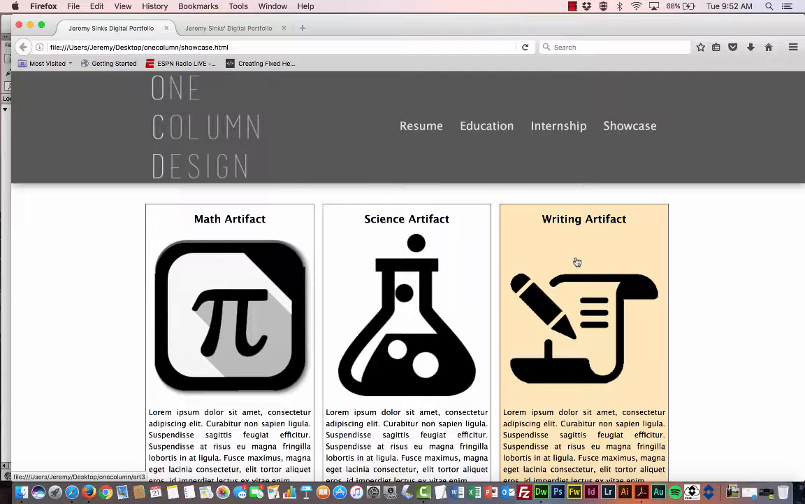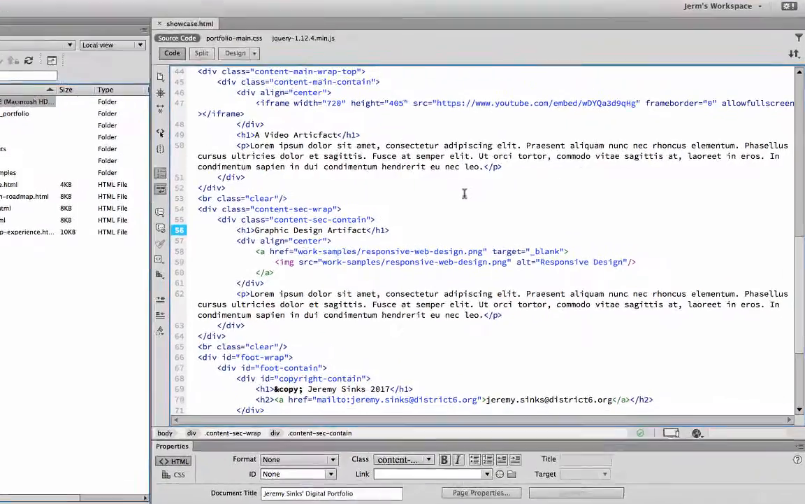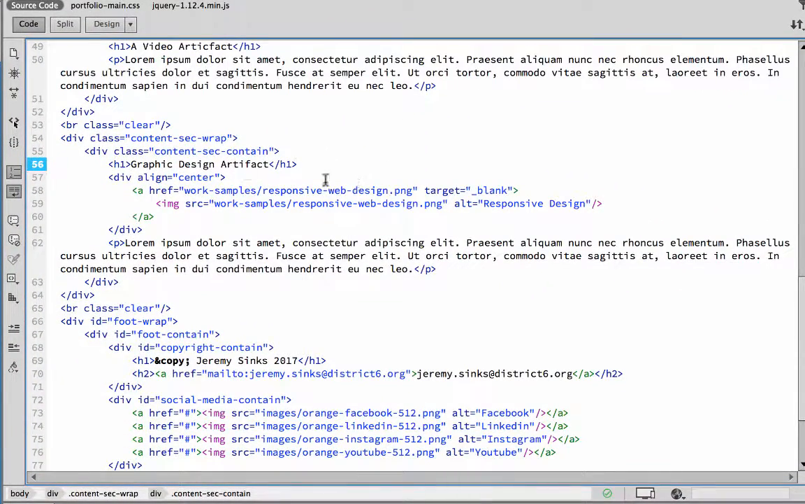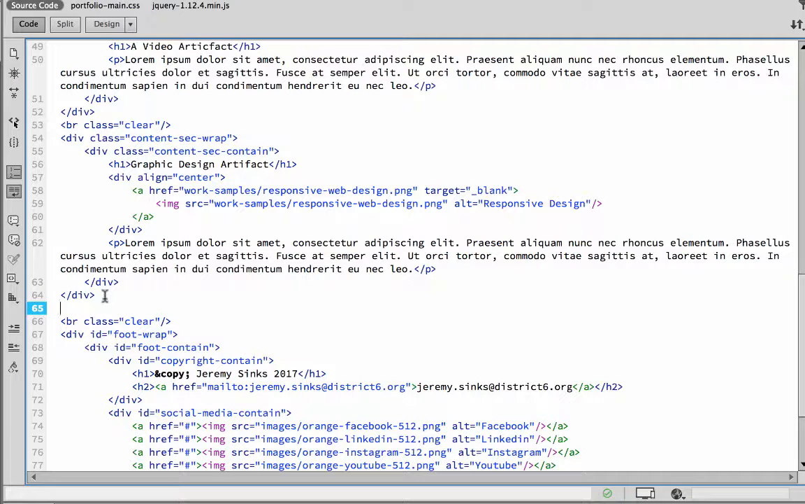So let's get started. Tab over into Dreamweaver and locate that last section that we just completed, which was our graphic design artifact underneath our content secondary wrap. Find that closing div tag, and when I click on the closing div tag, it shows me the beginning of that. It should be right before the break class clear, right before our footer container. So I'm going to place my cursor after that closing div tag, hit the enter return key, and continuing on